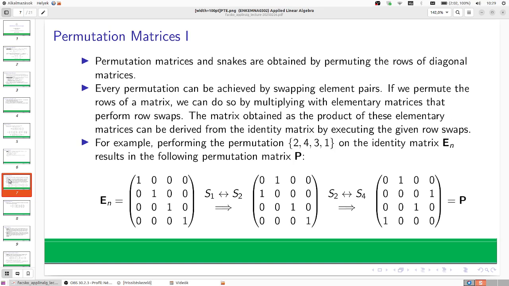Well, this is very fundamental. You can make a permutation with switching element pairs. So, for example, this